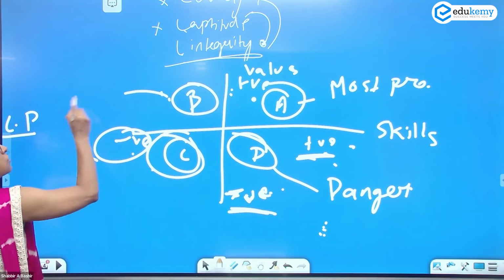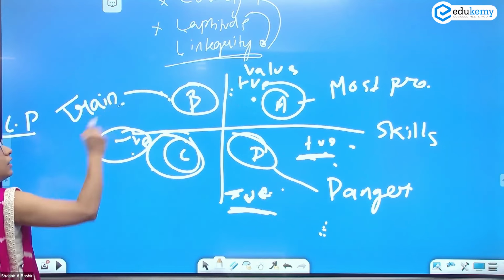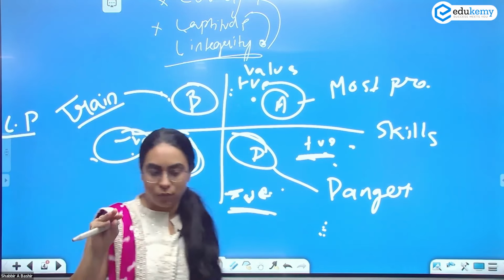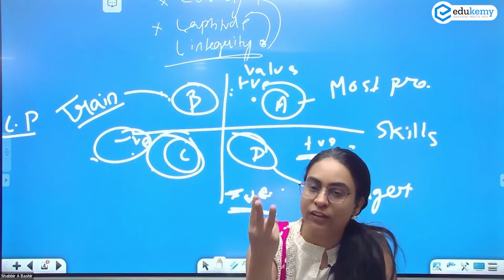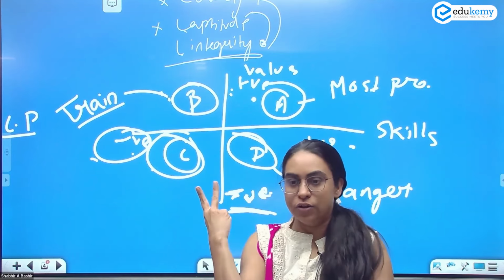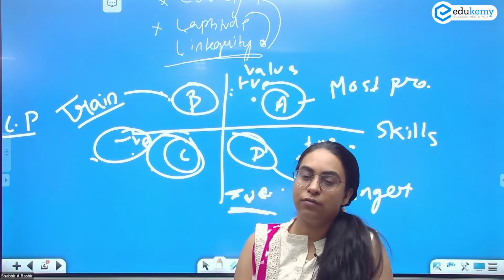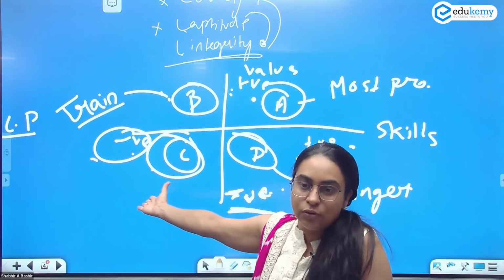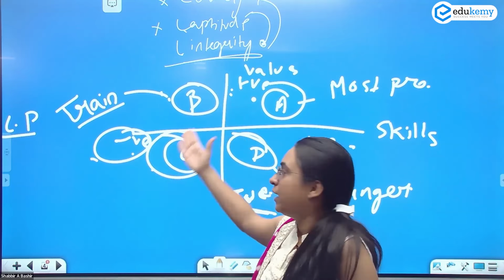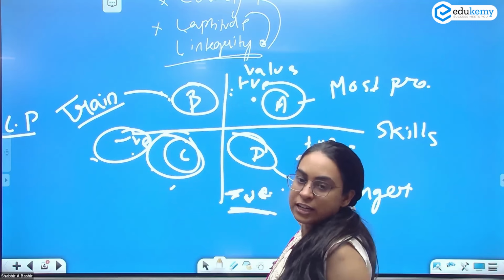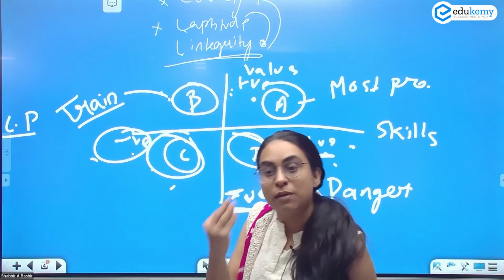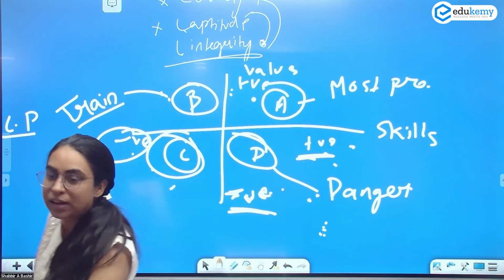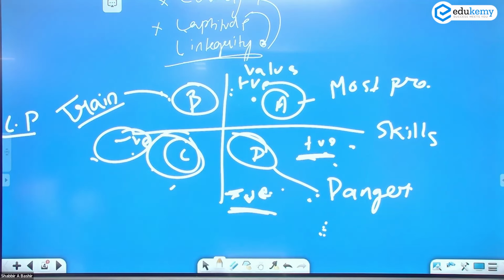Can I train this person? अब अगर यही क्वेश्चन पूछा था, वॉरेन बफे का स्टेटमेंट पूछा था that while recruiting a person look for 3 things: energy, aptitude and your values. ये डायग्राम बना सकते हो कि ये मोस्ट प्रेफर्ड है, this does not matter, this is least preferred, it's a danger and this can be trained. तो ethics में भी beautifully एग्जाम्पल डाल सकते हो, ब्यूटिफुली डायग्राम्स डाल सकते हो. समझ आ रहा है क्या करना है?